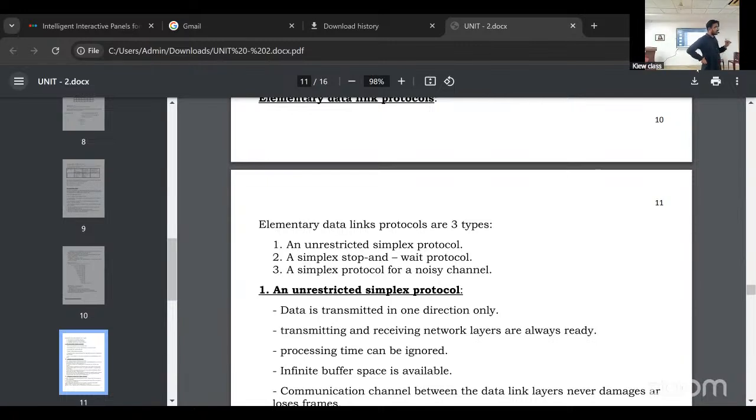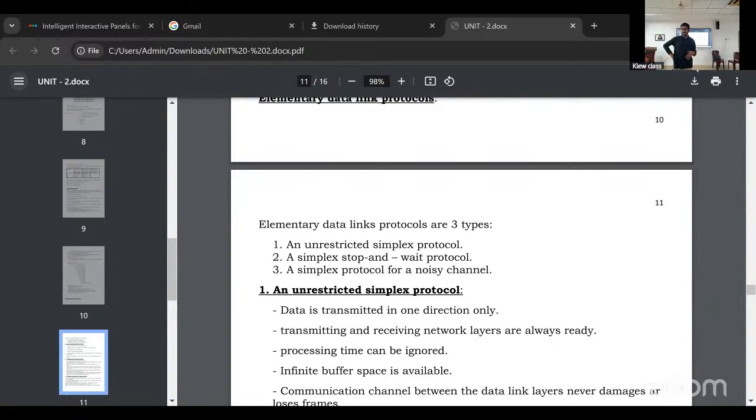Next, coming to the fourth unit. The fourth unit is easy, you need to learn. MAC: what is MAC? How many types of allocation? Static allocation and dynamic allocation. In dynamic allocation, what is pure Aloha and slotted Aloha? What is the throughput? 1 by e is slotted Aloha, 1 by 2e is pure Aloha. So 1 by e equals 36%, and 1 by 2e for pure Aloha is 18%. You have to remember that.